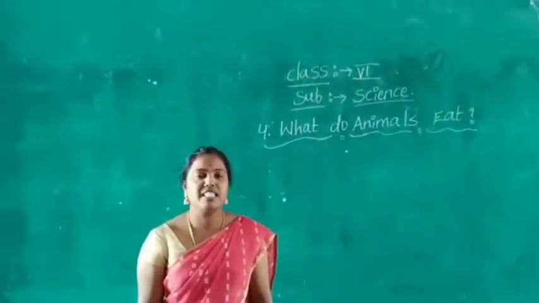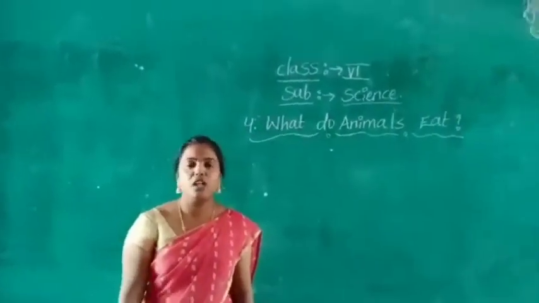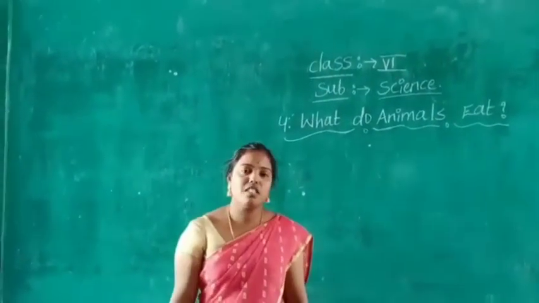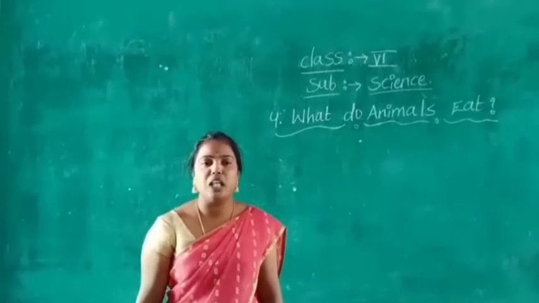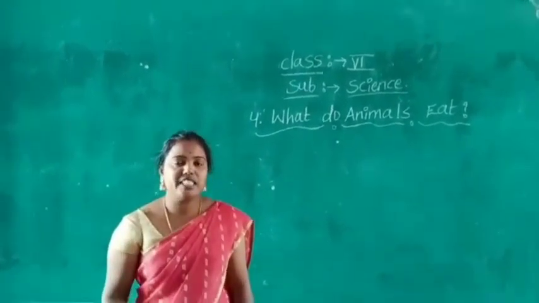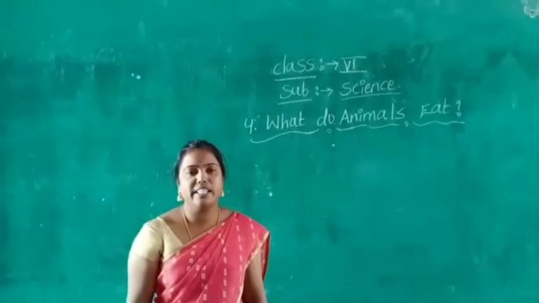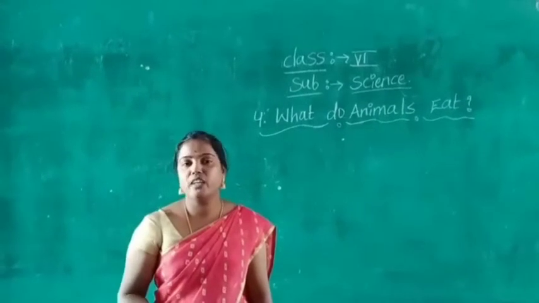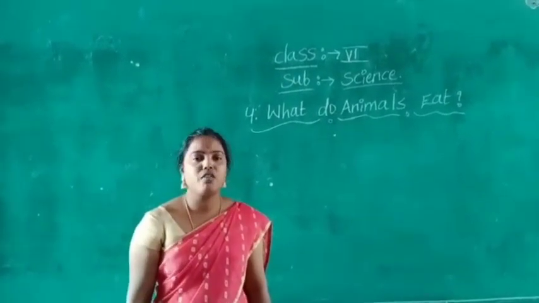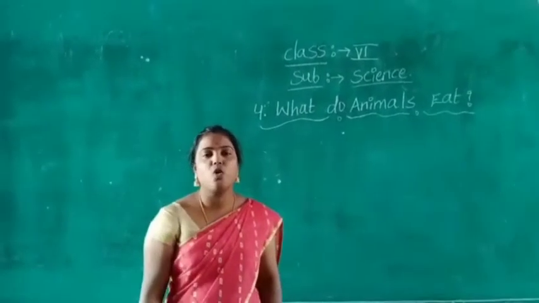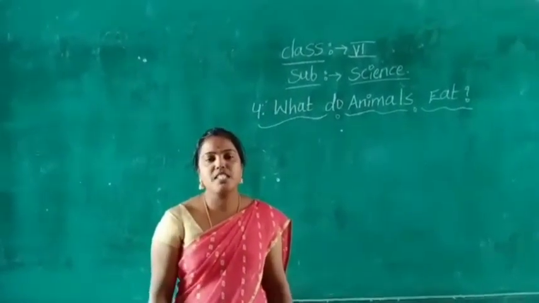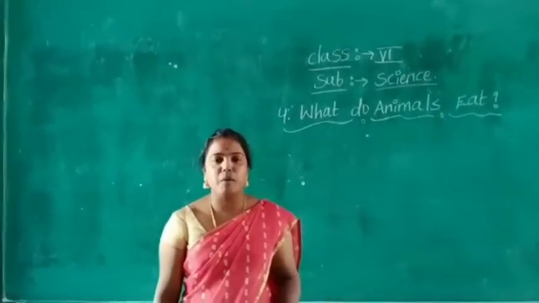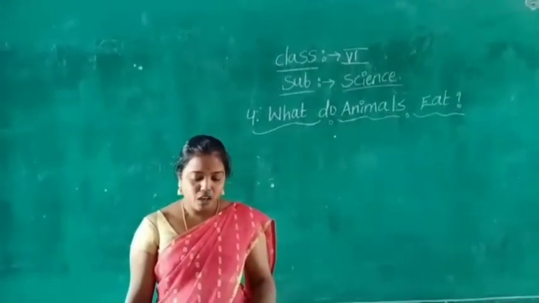Children, in the previous classes we discussed what herbivores, carnivores, omnivores and scavengers are. We already discussed activity 5, how the frog eats food and how the lizard eats food. We also discussed how the cow takes food, what the examples of herbivores are, and what process is called rumination. Now we are going to discuss the topic how much and how little.